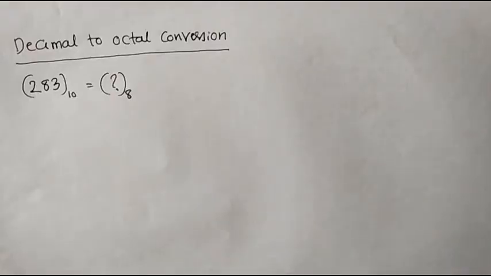Let us see how to convert a given decimal number into octal. Decimal to octal conversion is done by repeated division by 8. As we know, in case of decimal to binary conversion, the given decimal number is repeatedly divided by 2, because in binary number system the base was 2. In octal number system the base is 8. Therefore the given decimal number should be repeatedly divided by 8.